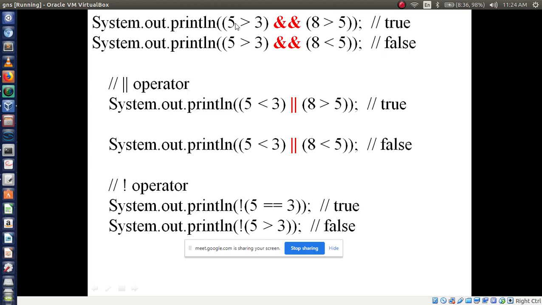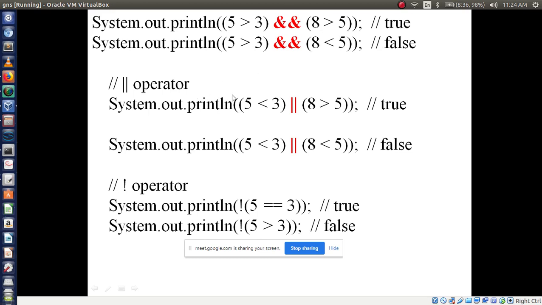Here in the first line, 5 greater than 3, the condition is true. Now 8 greater than 5, the condition is true, so the result should be true. In the second case 5 greater than 3, the condition is true, right? Now 8 less than 5, here the condition fails. If one of the conditions fails, the result should be false. This is short circuit AND.